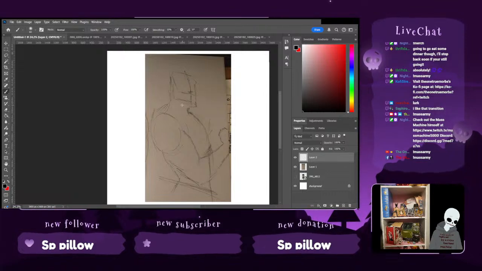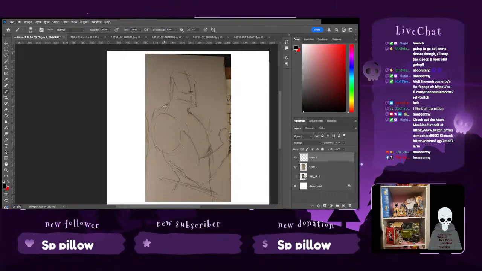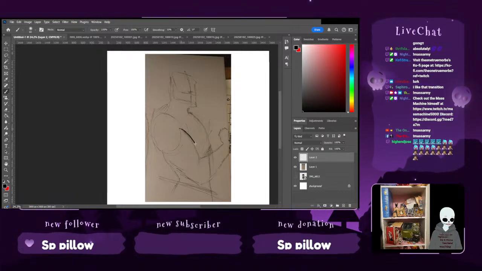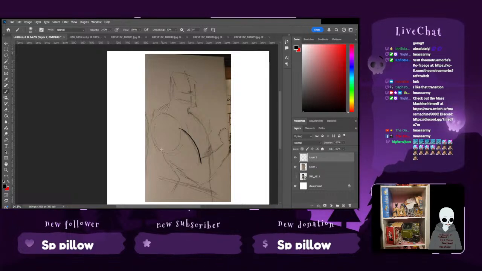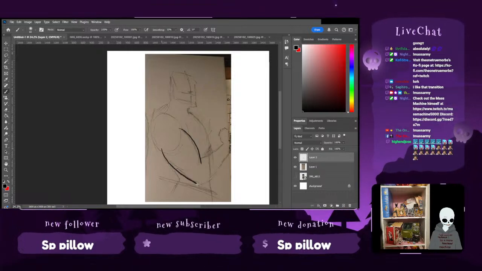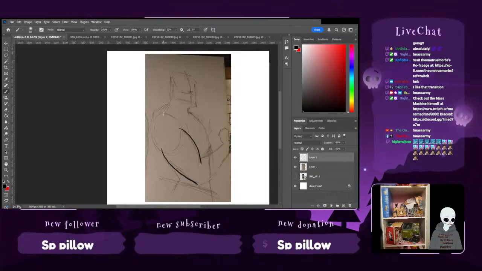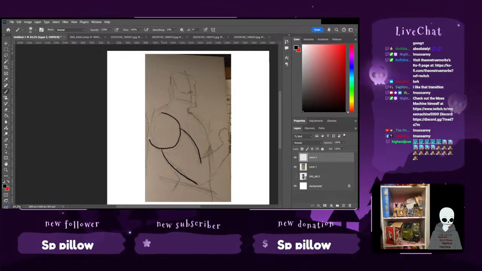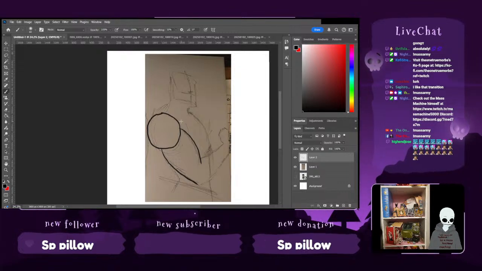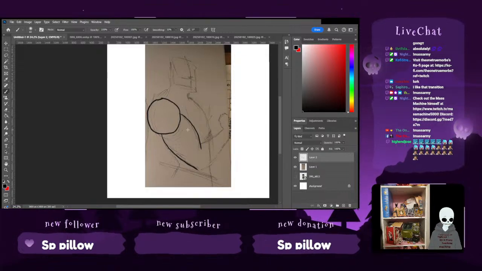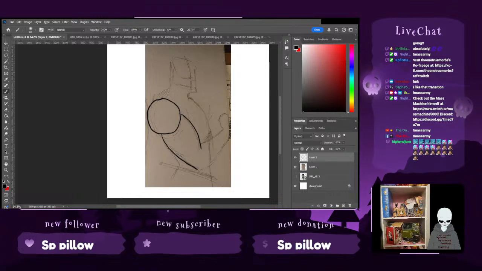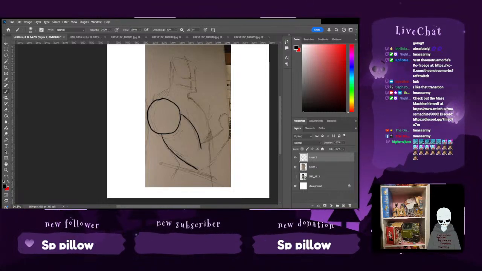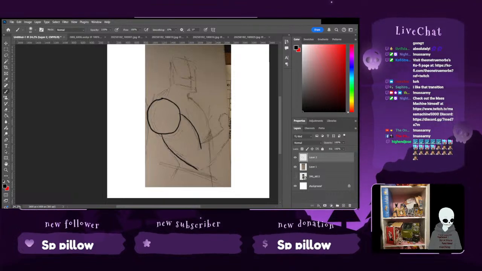So I think what we want to do first is just kind of get the vague idea of it in here. And then we can go over it again with some other shapes on another layer and make it a little bit more detailed and such.